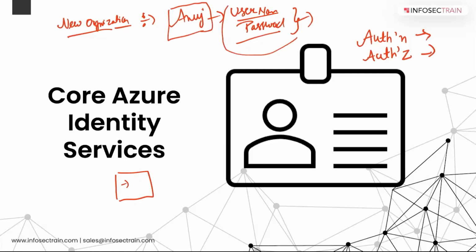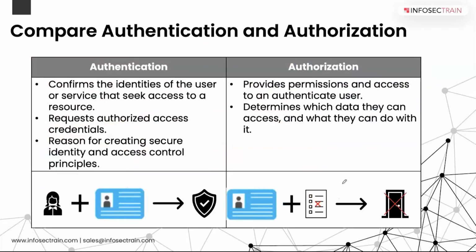Authentication is the process of establishing the identity of a person or a service that wants to access a resource. It involves an act of challenging a party for legitimate credentials and provides the basis for creating the security principal for identity and access control. It establishes whether the user is who they say they are. If someone is claiming to be Anuj, they need to provide the correct credentials.